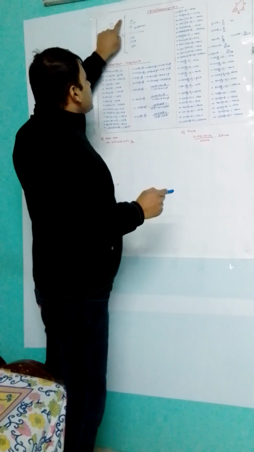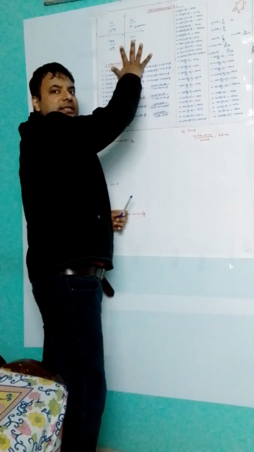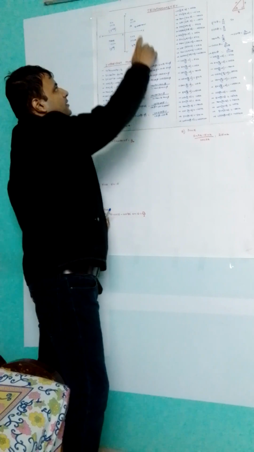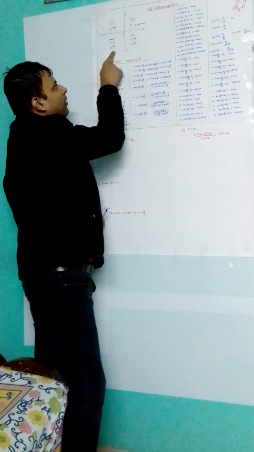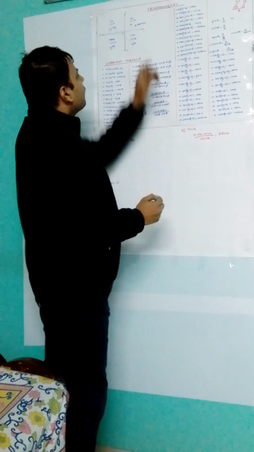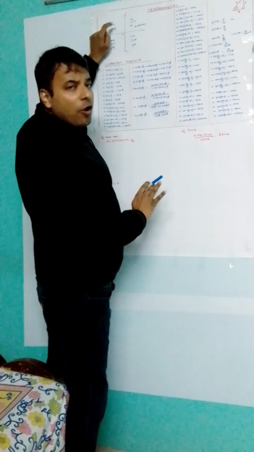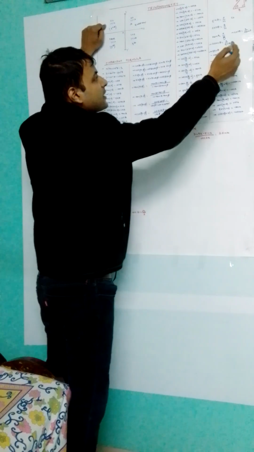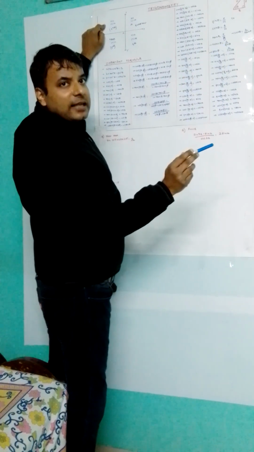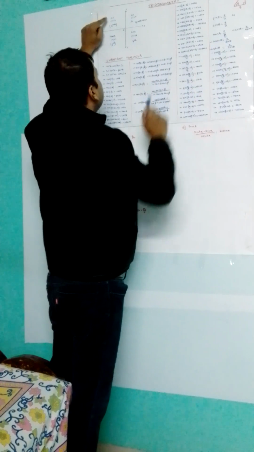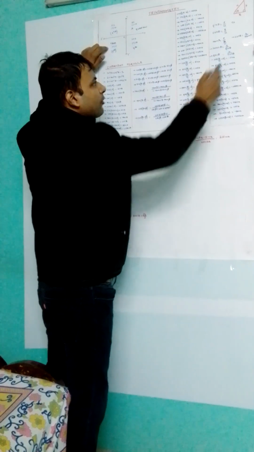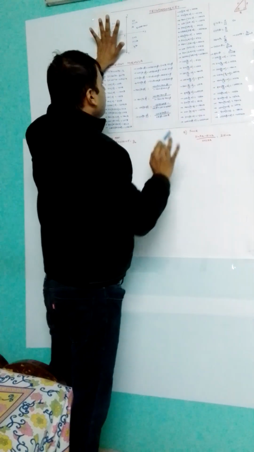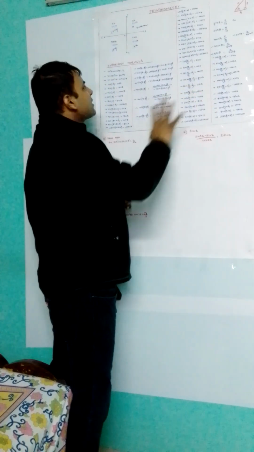Now, see what happens. These two lines divide this xy plane, a two-dimensional plane, into four parts known as quadrants: first quadrant, second quadrant, third quadrant, and fourth quadrant. In the first quadrant, all the ratios are positive. In the second, sin is positive, and since cosec theta is the reciprocal of sin theta, cosec and sin both are positive. Similarly, in the third quadrant, tan and cot both are positive. And in the fourth, cos and sec both are positive. This was the fundamentals.